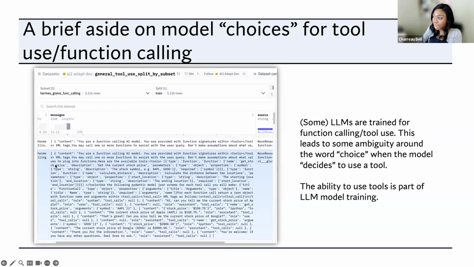Get current stock price. And what happens is once your LLM decides to execute a tool, what it outputs is the arguments of what it decided to do. So you see here that the assistant has this response, hey, we need to call this function called get stock price. And one of the arguments to the function needs to be the symbol. This is something that's received in your application.